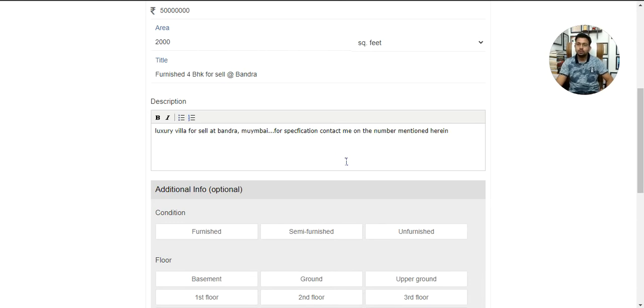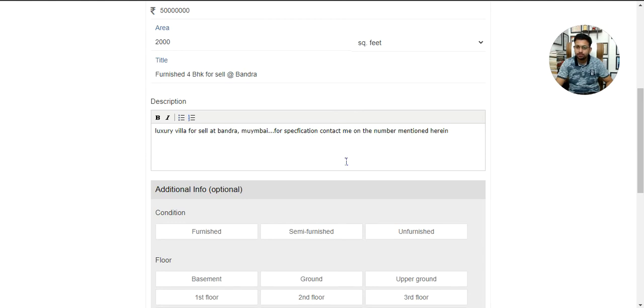See, the description must consist of your basic things like your area. It might be built up area, carpet area, or a combination, or you can say covered area. Your parking, elevators, open space, amenities, specification. Amenities are the outside facilities provided by the builder or developer, like a gym, swimming pool, clubhouse, garden, play area.